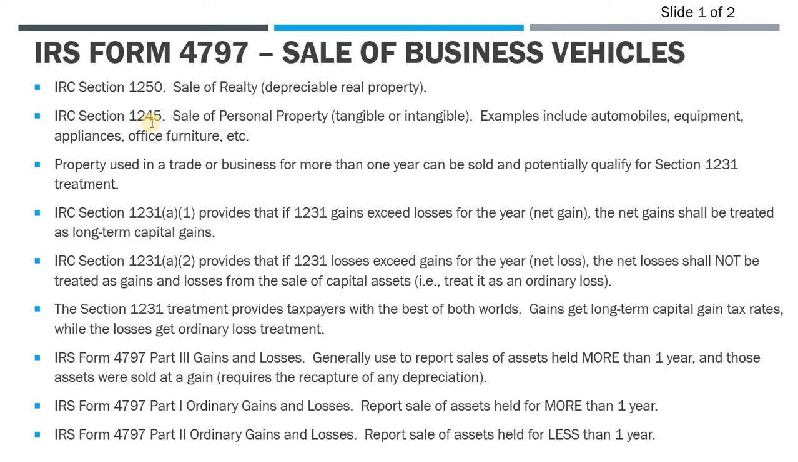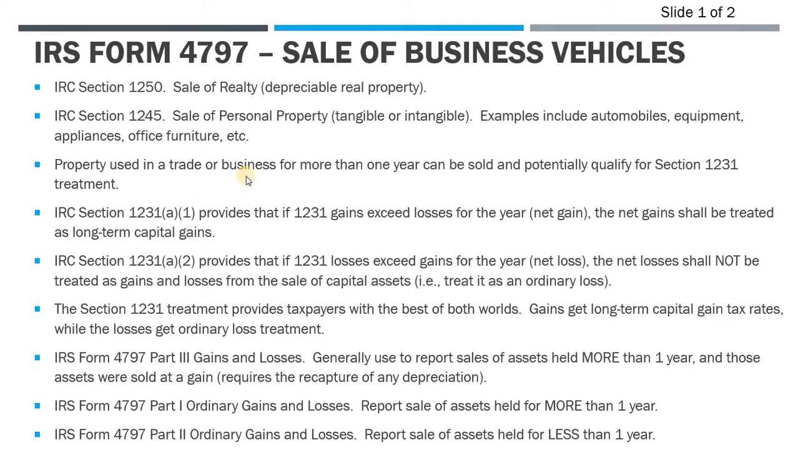And so when we think of the different types of property, the most common ones are certainly Section 1250 property. So this is realty, depreciable real estate. And then 1245 property is kind of almost an all-encompassing, other bucket that we see most frequently. And so this is personal property, tangible or intangible, and it includes things like automobiles, right? Now,